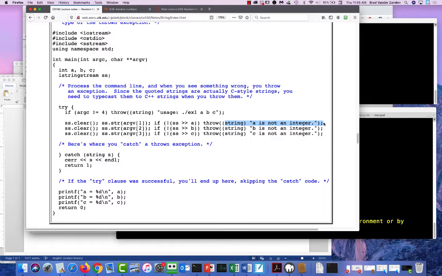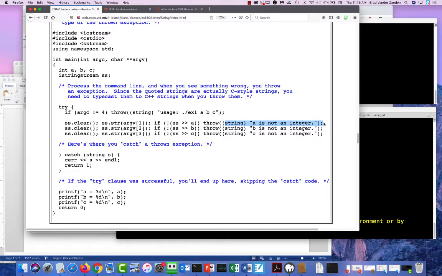So this might be useful to you when you're debugging because you know that A, B, and C are variables in your program, and you also know where you're handling them. The user presumably has never seen your program or the source code. They have no idea what A is. It would be much better to say that your first command line argument is not an integer. Or if B is the problem, it'd be much better to say that the second command line argument is not an integer. Quite frankly, it would also be nice if you would print out what that argument was, okay, which you can't do here